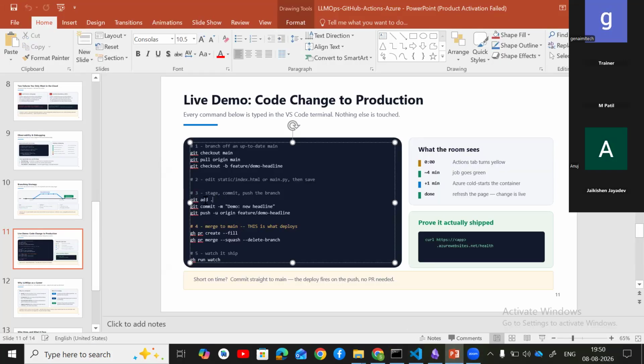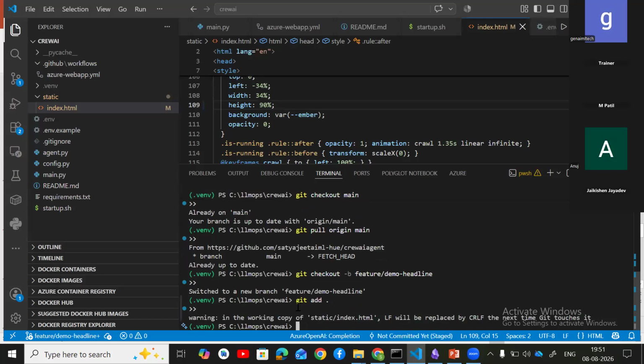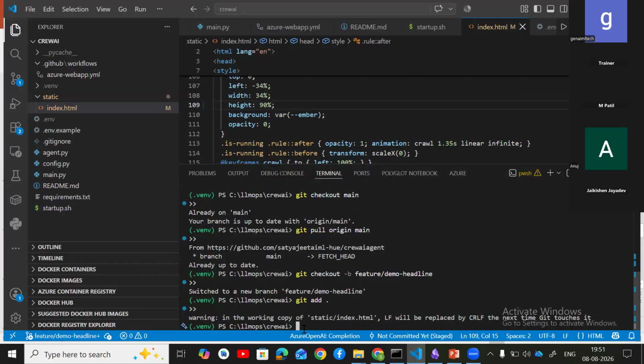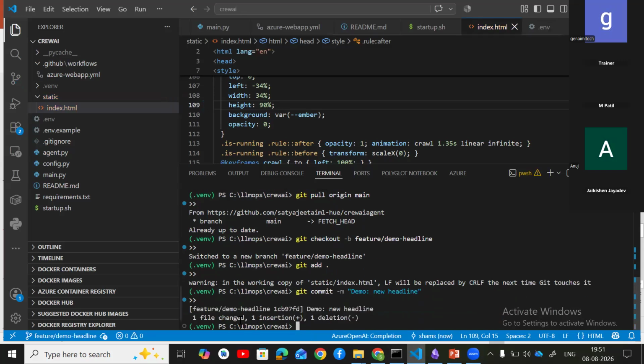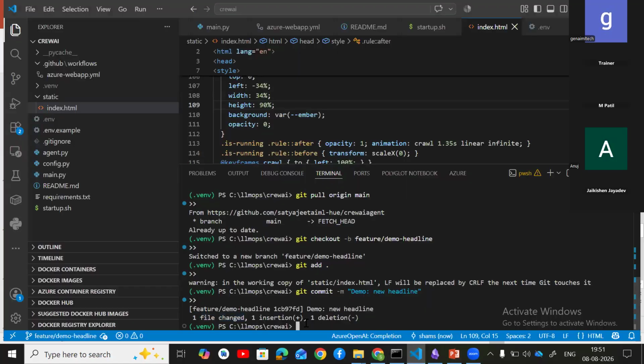Now just add this, git add, Control C, Control V, the working copy of this index.html. And then you have to add git commit, demo headline. Just copy paste. So one file changed, one insertion, one deletion, these things you'll see. Whatever changes you have made, it will reflect here. Then you have to do git push origin